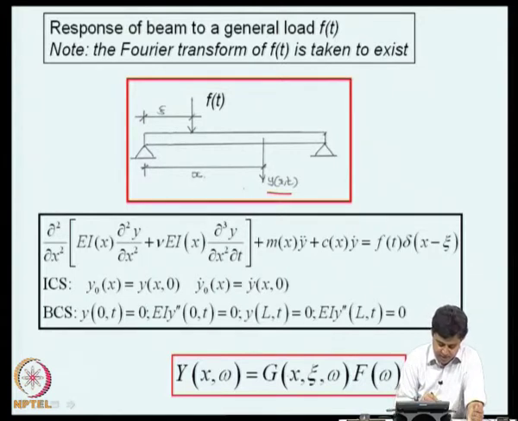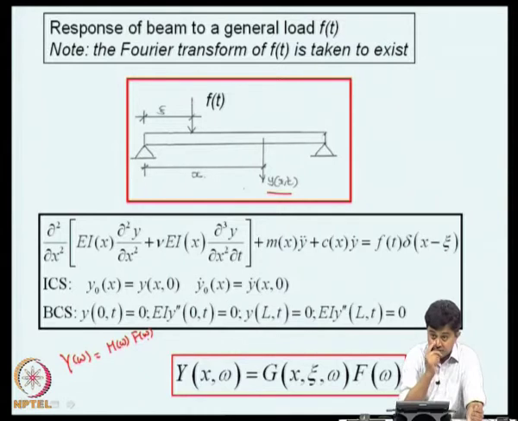This is quite similar to our input output relation in the frequency domain that we derived for single degree freedom systems and multi degree freedom systems. So, this is a generalization for a continuous system. This G here, just to emphasize again, is obtained as a series made up of an infinite number of terms, each term coming from one of the normal modes.